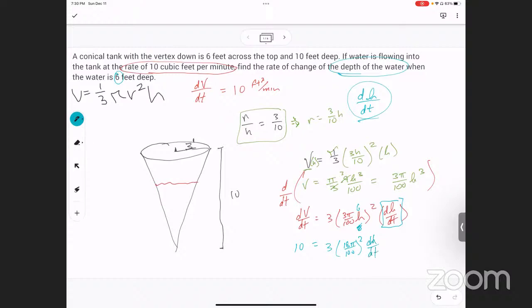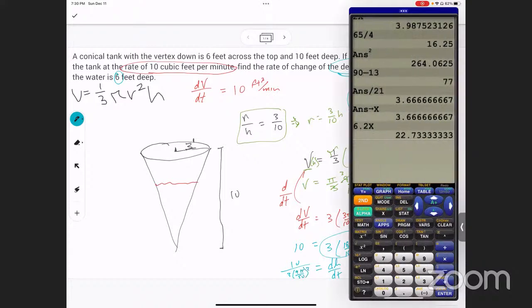So that's just something I can plug in my calculator to solve for dh/dt. I just divide both sides. So 10 divided by that mess right there. So 10 divided by 3 times, let's see, that's really 9 pi over 50 squared. And punch that in your calculator